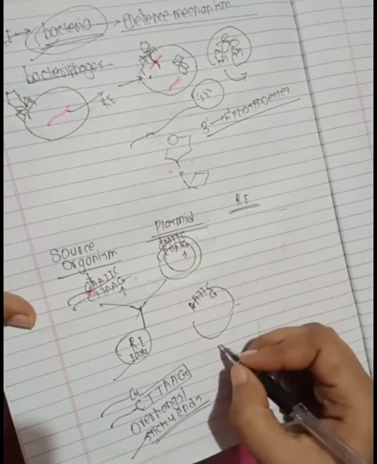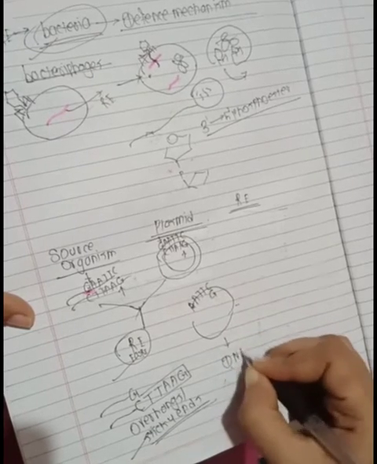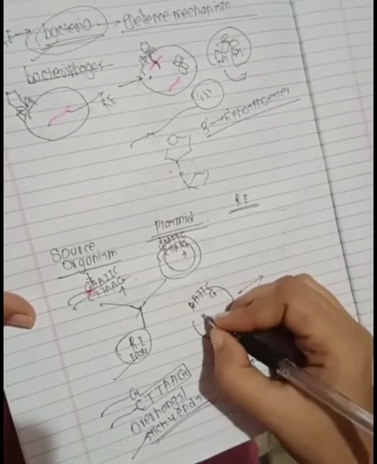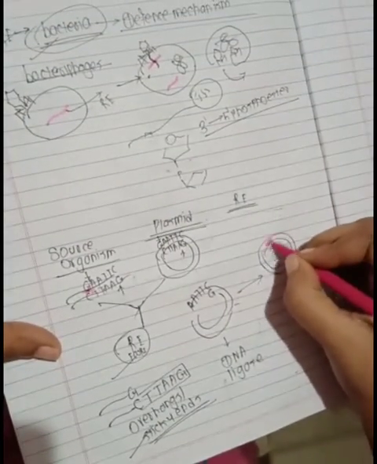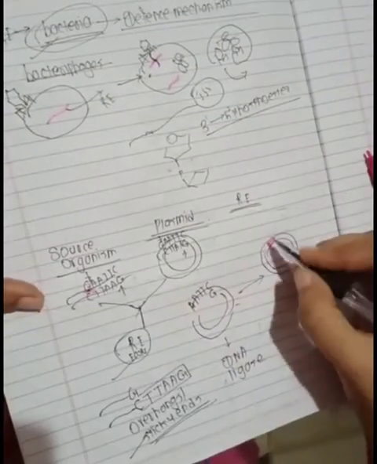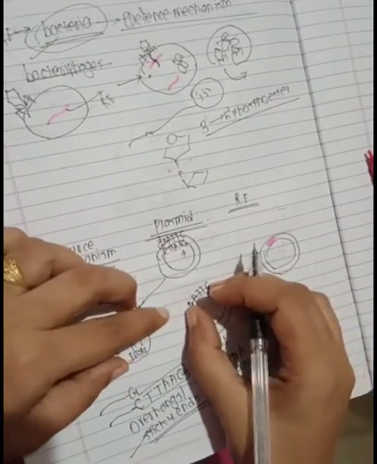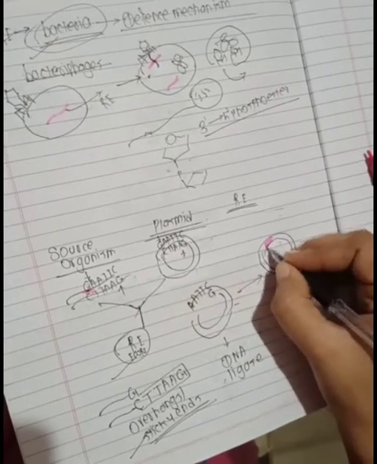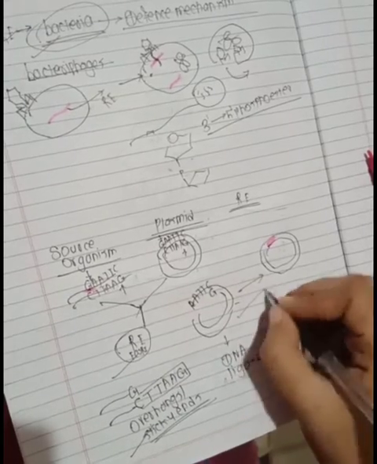But there is one more enzyme that acts as a glue, called DNA ligase. What will DNA ligase do? It will insert the gene into the plasmid. By complementary base pairing, this fragment will get attached here, but the DNA ligase will seal the nick. So this is how the DNA ligase works.